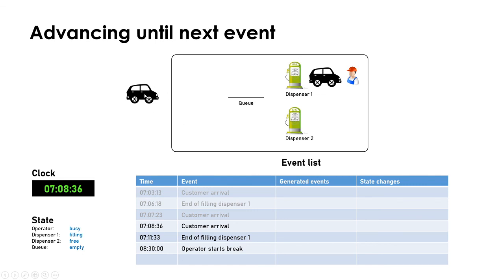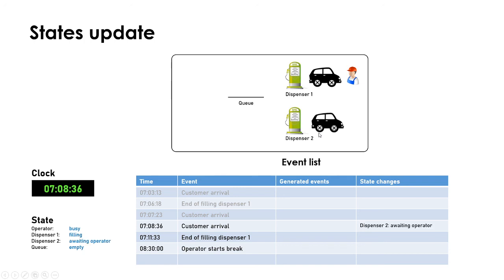When the customer arrives, he or she tries to get into the queue, which they can do. Then it won't be possible to get to dispenser 1, but the car will be able to move to dispenser 2, which will happen. And instead of having the operator assigned, dispenser 2 will be awaiting the operator. As soon as this operator finishes with dispenser 1, it'll move to dispenser 2 to serve this customer. And so it goes, so that we reproduce the behavior of the system, and we keep track